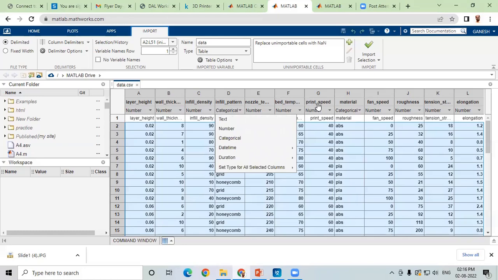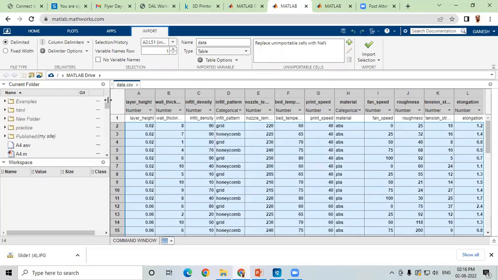The next parameter is print speed, material, fan speed. These were the input parameters. Now the output parameters were the roughness, tension strength, and the elongation. So here is now once you